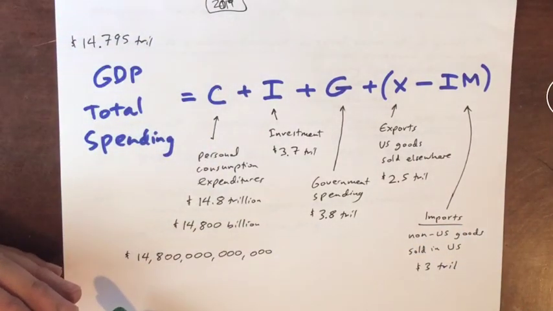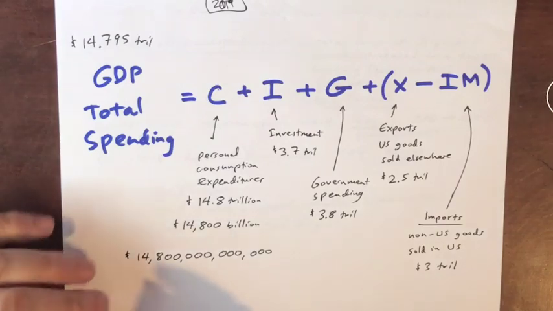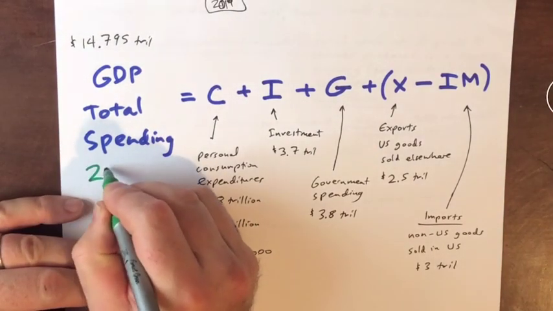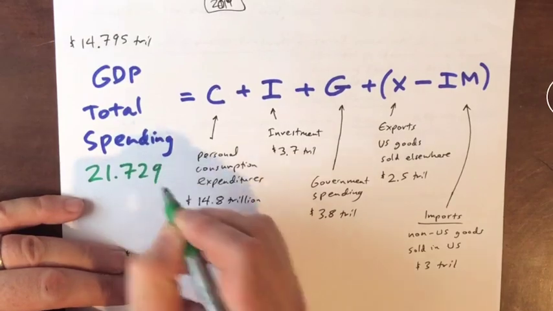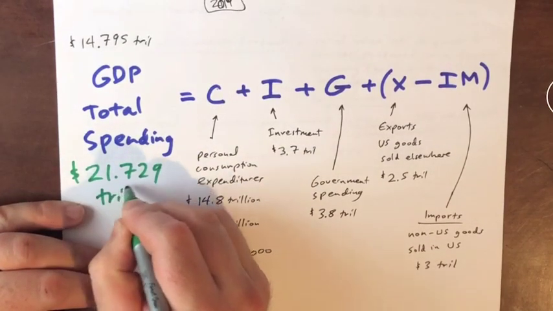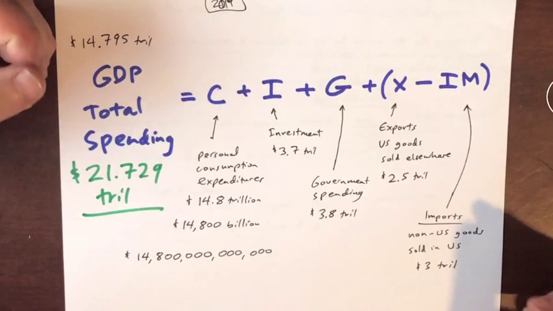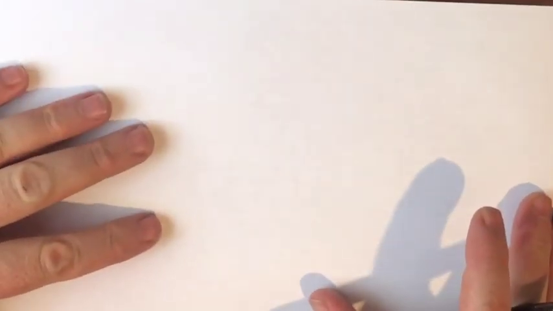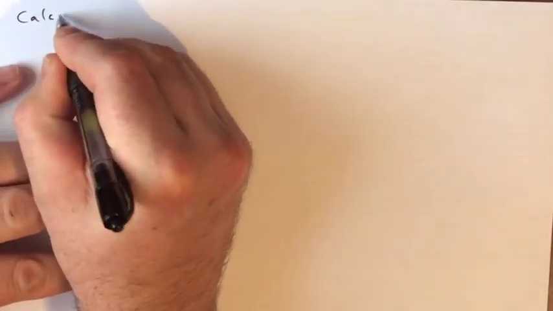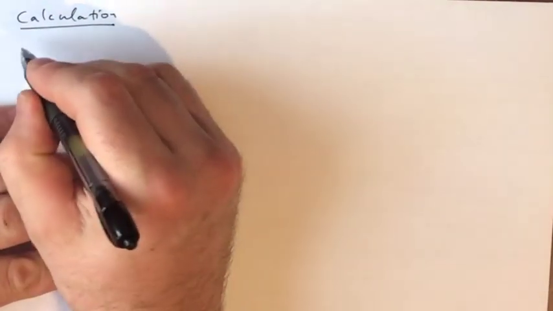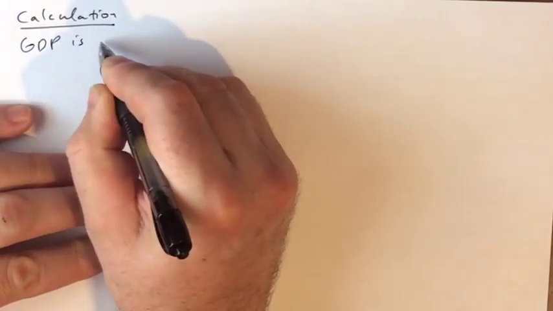So adding all of this up, you get a total U.S. GDP of about $21.729 trillion. All right, that's our 2019 GDP, largest GDP of any world economy. So the calculation of GDP, a couple of things we want to keep in mind when we're calculating it. So GDP is measured